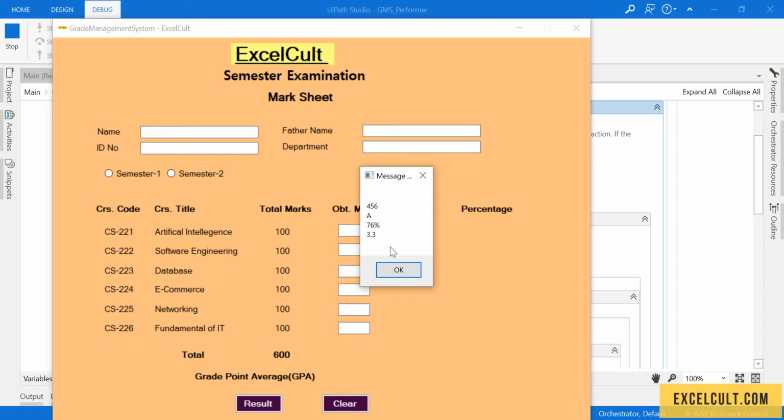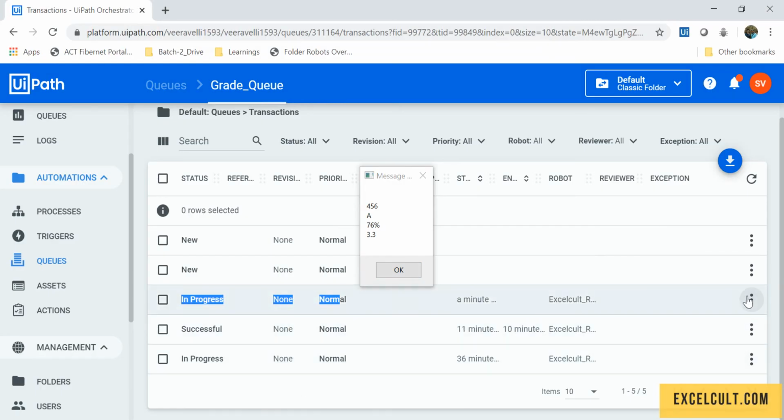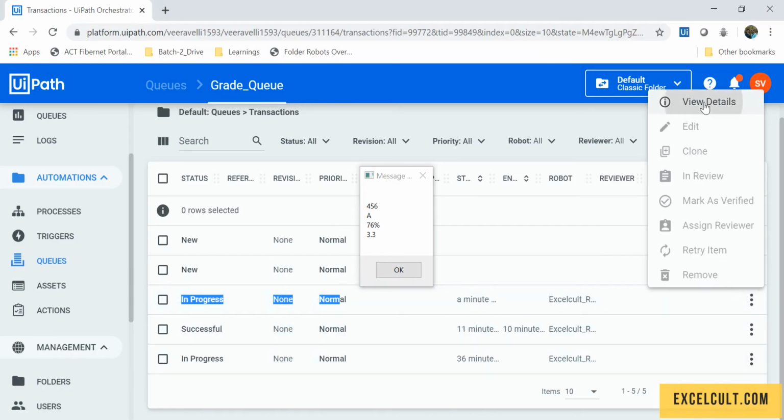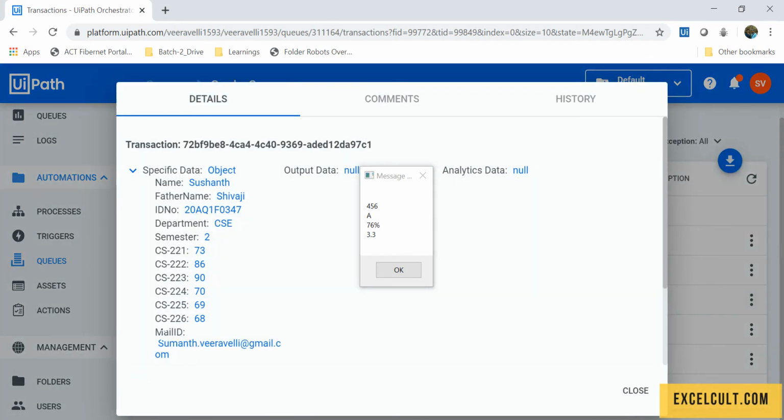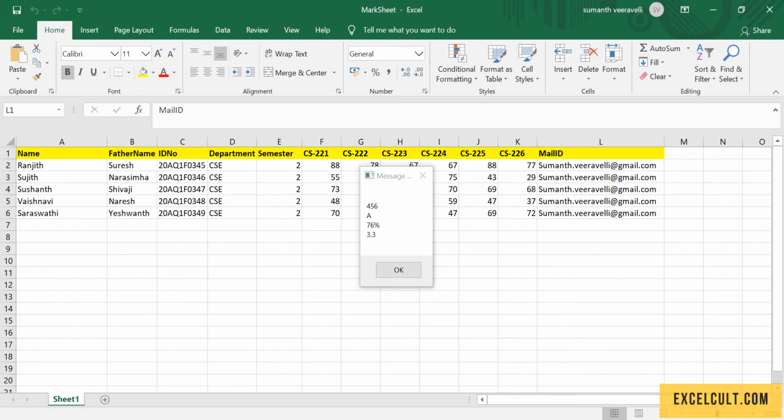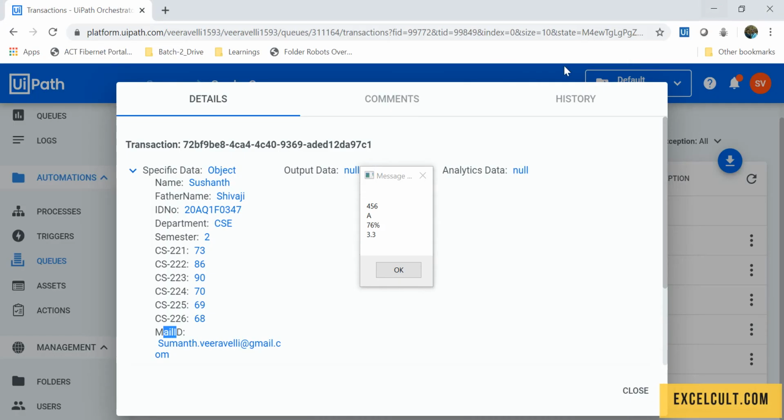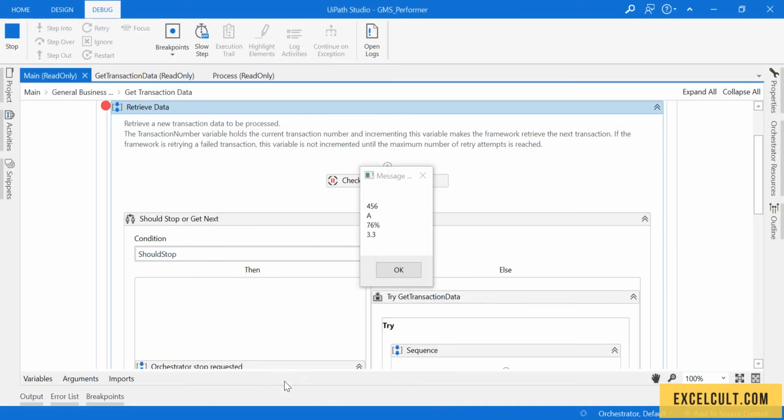So these are the few details we were able to fetch from this desktop application, which we need to send to a person whose email ID has been mentioned right here in the email ID that we received through the Excel mark sheet that we had earlier. So we have to forward these details to this person. Okay, let's go ahead and implement that. You can stop it right